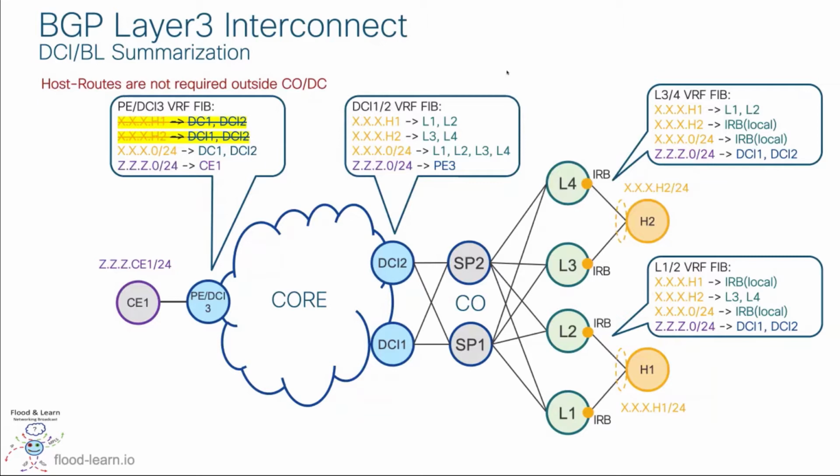towards the CO. So basically, you can see that all the leaves are pointing. Basically, they have a next hop for ZZZ /24 to DCI1 and the DCI2. So basically, the DCI will receive and will re-advertise. Now let's look at the possible options. How I can do this